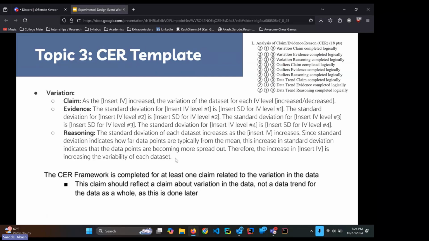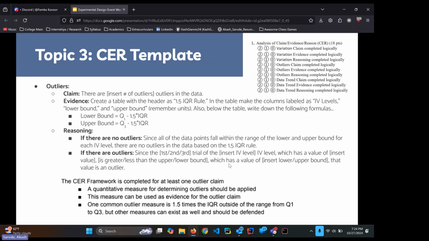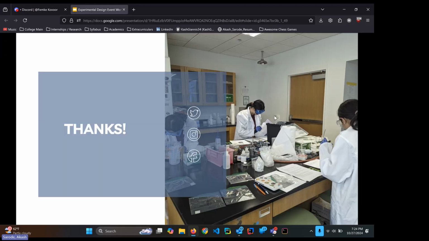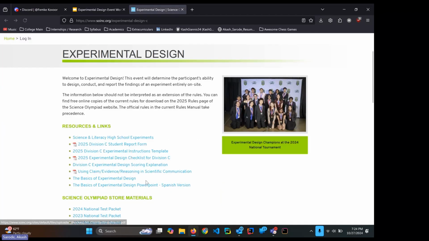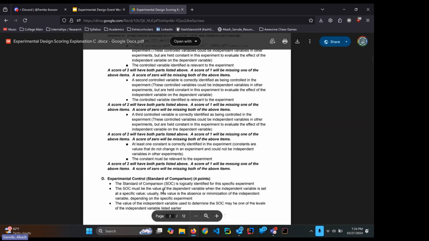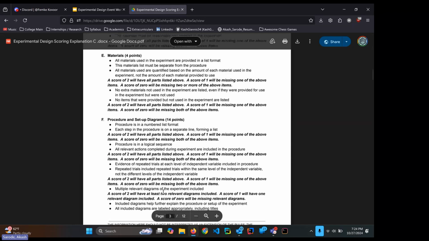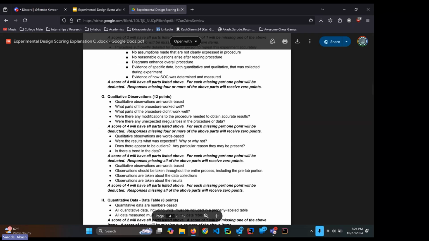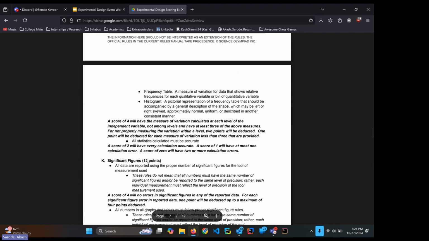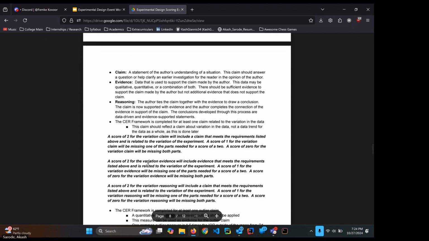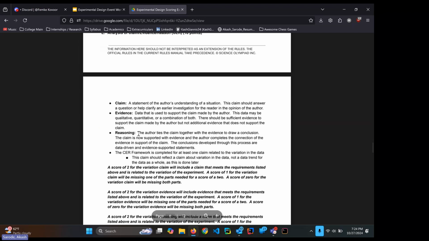The only thing you need to do for reasoning is... wait, let me actually pull up the scoring explanation doc so you guys can look at it, because it's a very useful tool, not just for CER but for all the sections, to get an understanding of what the ESs and judges are looking for when they're grading your experiment. So if I go to CER, it says for reasoning, the author ties the claim together with the